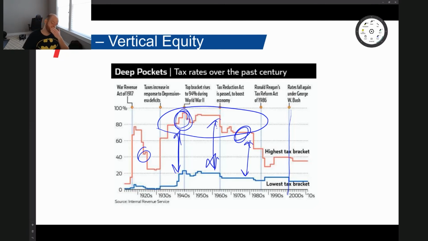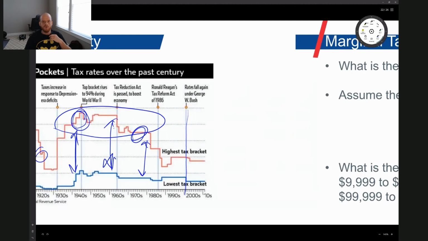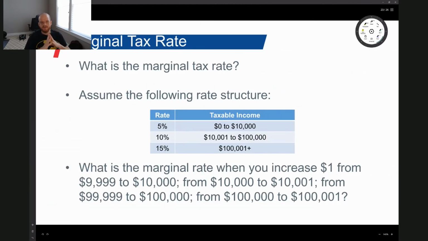So when we're talking about vertical equity and horizontal equity, we want to think about a few additional concepts. We want to think about the concept of a marginal tax rate, the concept of an effective tax rate, and the concept of an average tax rate in order to really see if, in fact, there is vertical equity, right? So marginal tax rate is